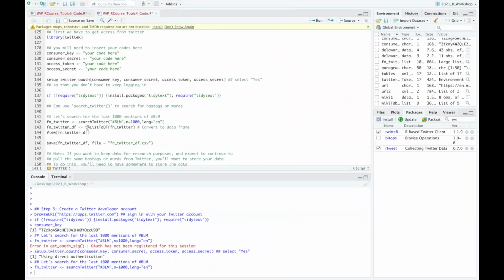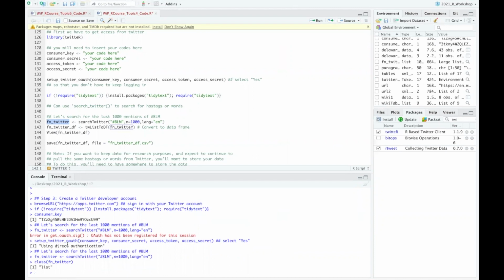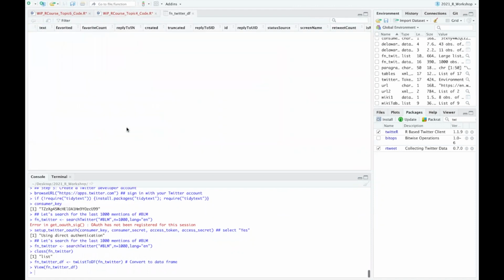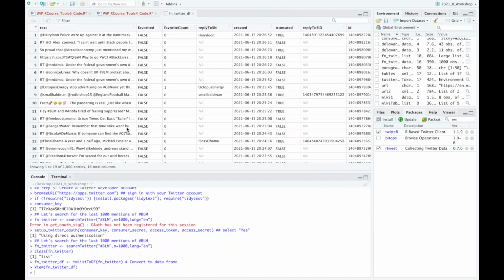All right. So now let's just check out the class of this variable. So this is a list, and we want to use this PW list to data frame function in order to convert this to a data frame. So if we do this, we can convert this so it's in a format that's easier for us to use. Go ahead and view this,